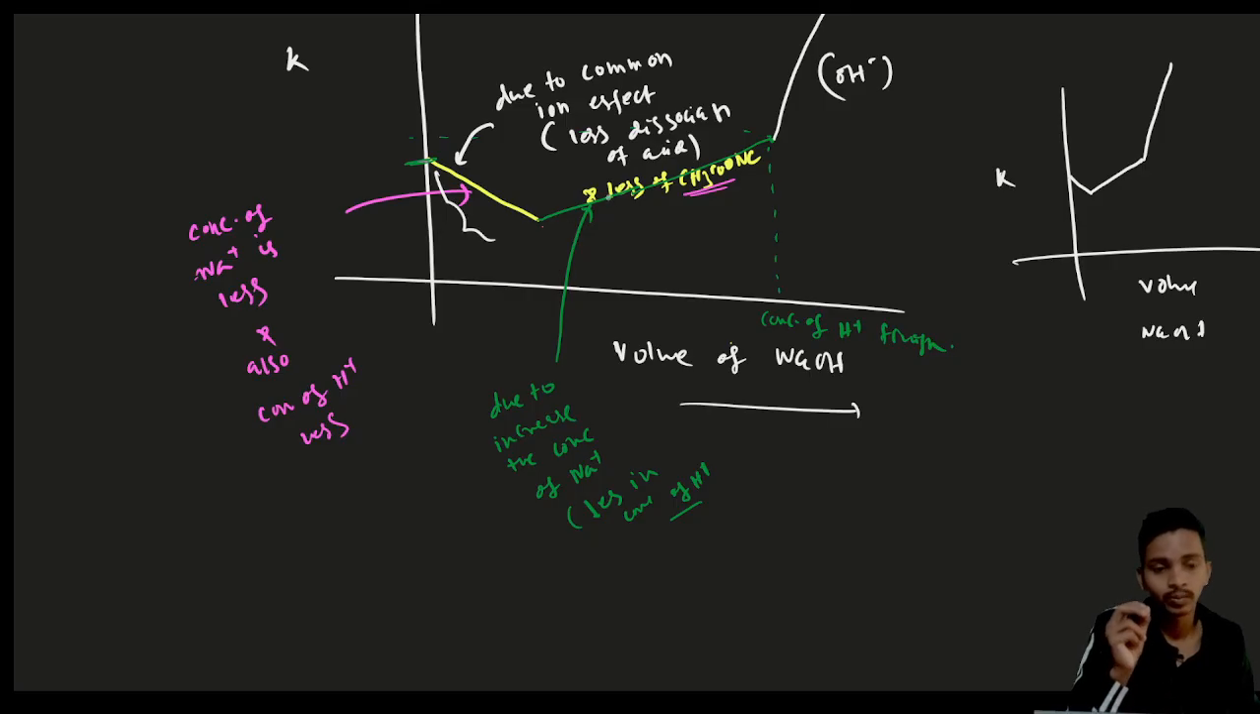When we put one drop of NaOH, a little amount of CH3COONa will be prepared, and that affects the dissociation of the acid. So this decreases, because whatever H plus was coming previously is becoming less and less. After that, whenever we add more and more drops, the CH3COONa concentration increases, not the H plus concentration, and this graph increases